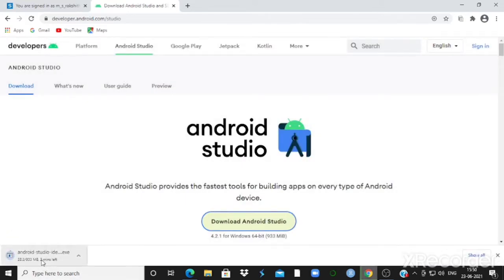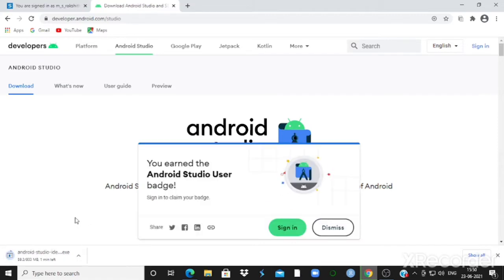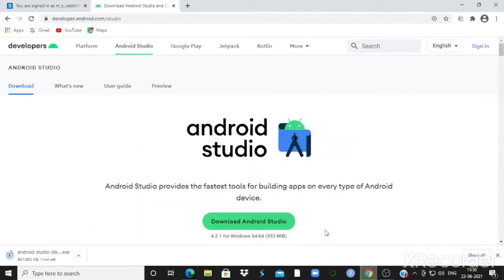It takes a few minutes to download. Totally 933 MB is there.